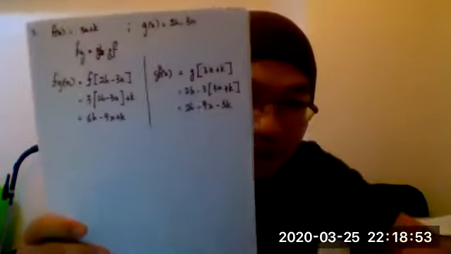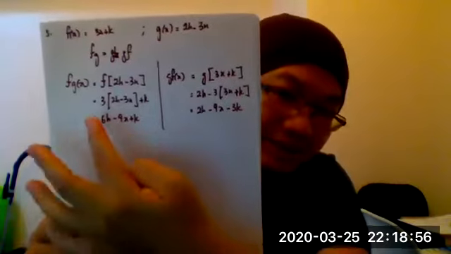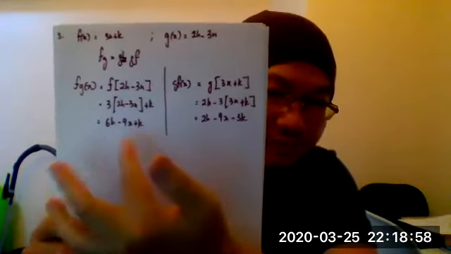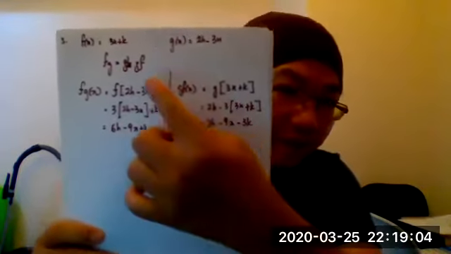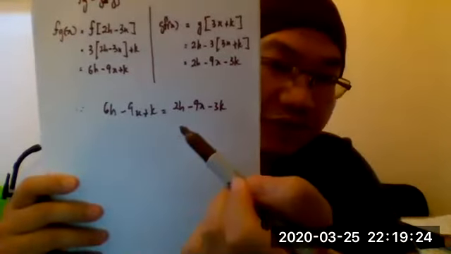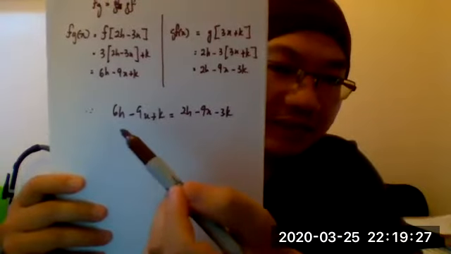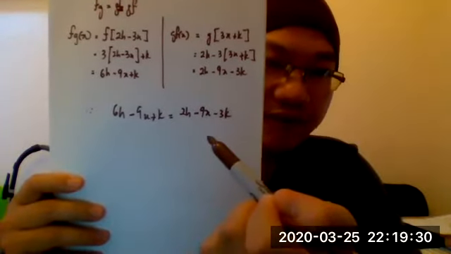Now, so this is your answer, right? I got the FG and the GF here. Now, this is the values of each of the composite. From the info given, the FG equals to GF. We let both of them equal. So we just write like this. The left side is FG, the right side is GF.